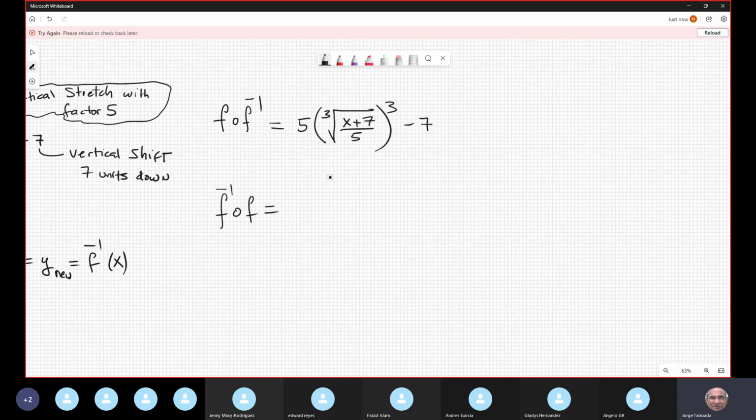Okay. The first thing I can see that can cancel out is the cubic and the cubic. And we have 5 times x plus 7 over 5 without the cubic root, and minus 7, sorry. The 5 cancels, and we have x plus 7 minus 7, which again cancels. You see how little by little the function is simplified. Now in the other order,